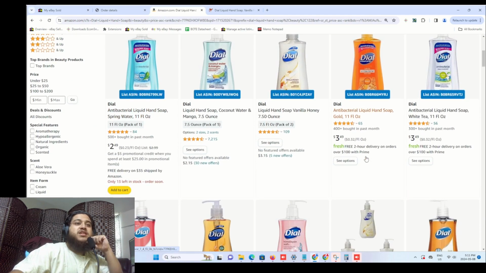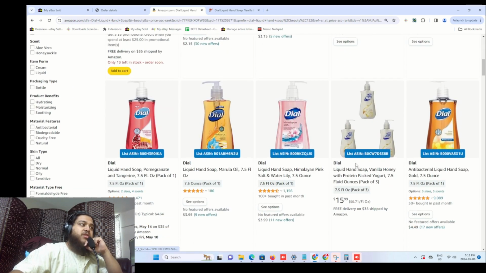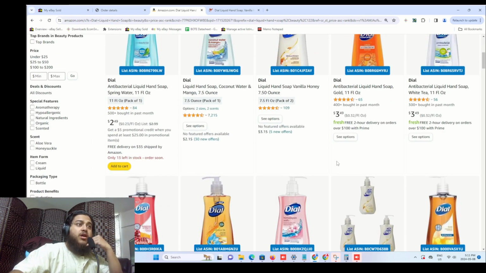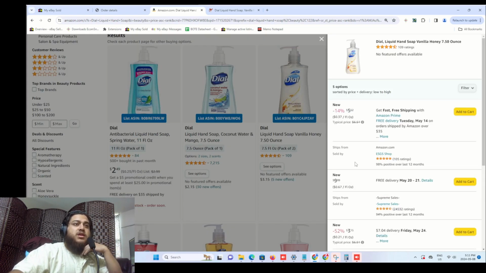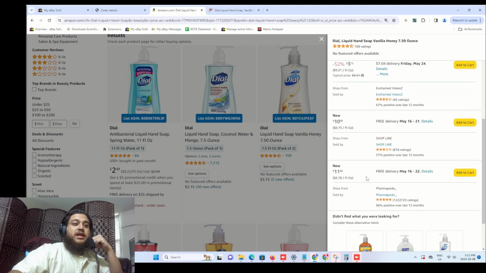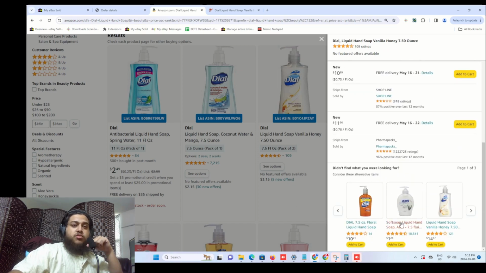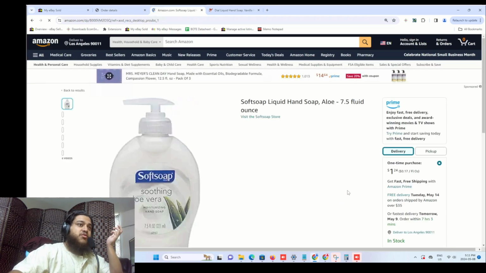You could send these as alternatives, but I'm not gonna do that just because the item is still in stock. So I will just go ahead and ship it out, because it's more important to me that the sale goes smoothly. For example, we can see that this item right over here